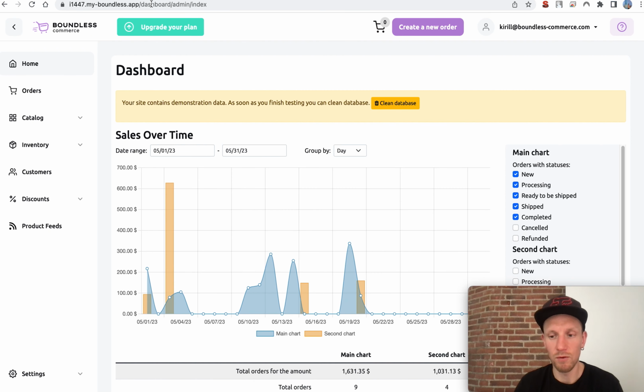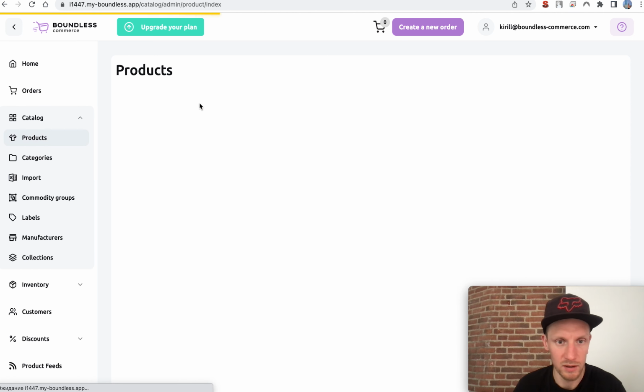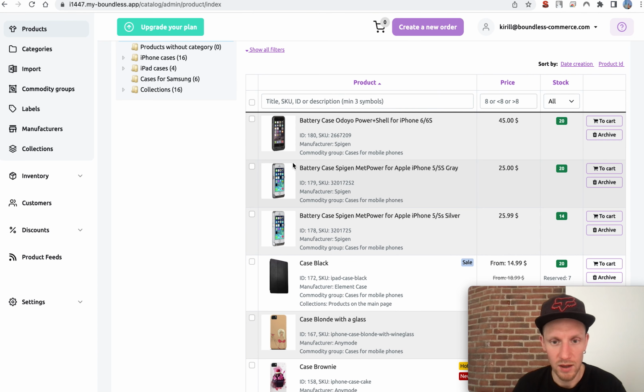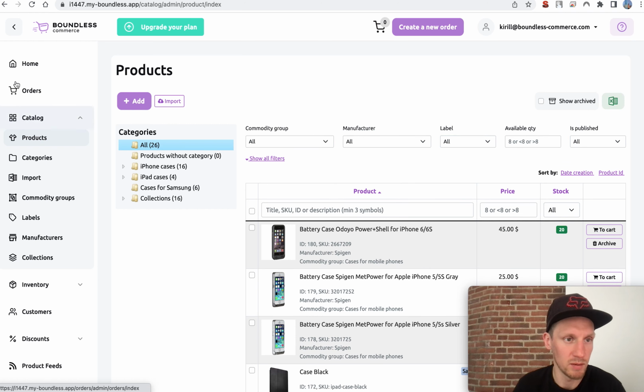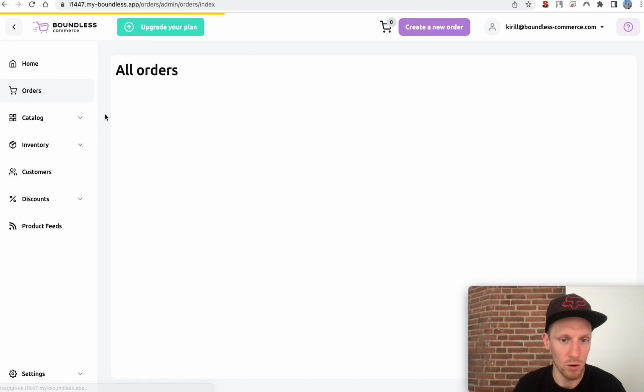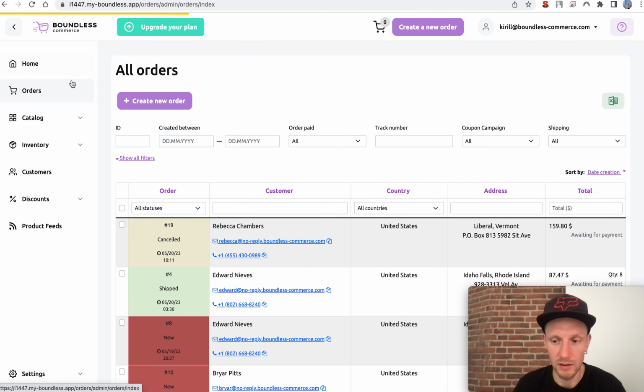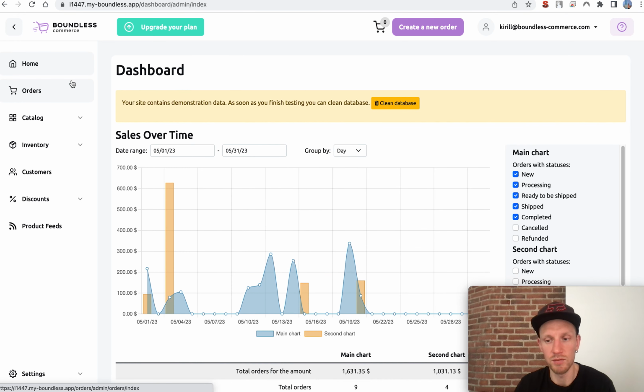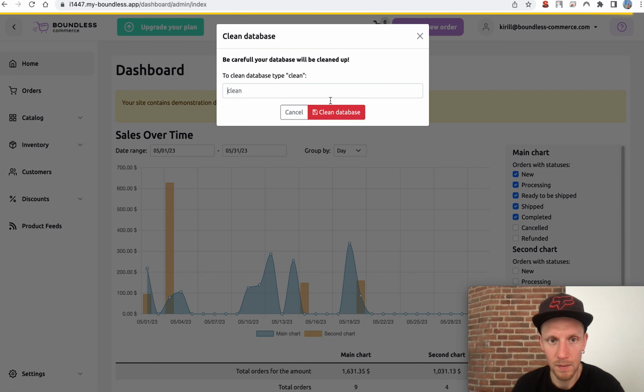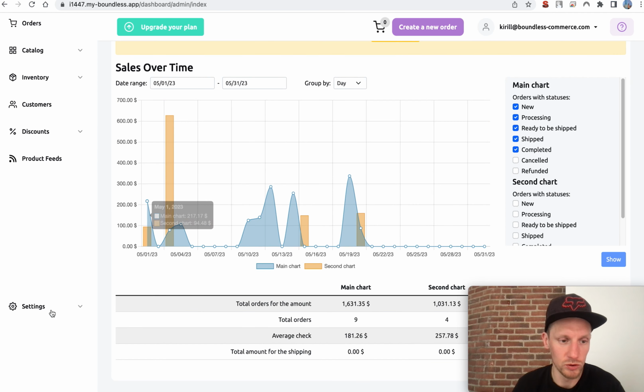Okay, by default there is a dashboard. As you can see, there is demo data. If you go to products, there is demo data, demo products and demo orders and so on. And at the beginning, at the first stage, we need to clean it up. So I need to click clean database and confirm it with the word clean, or I can go to the settings